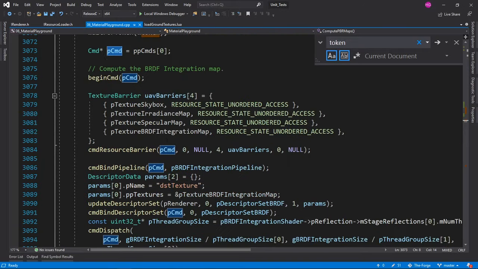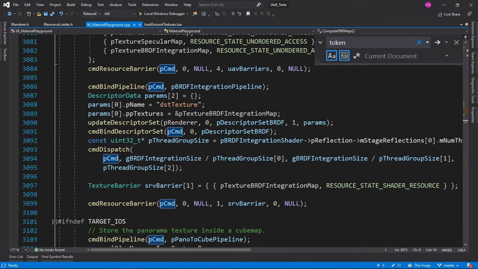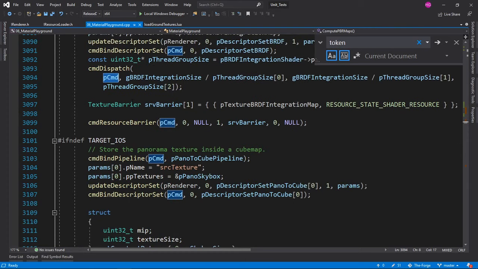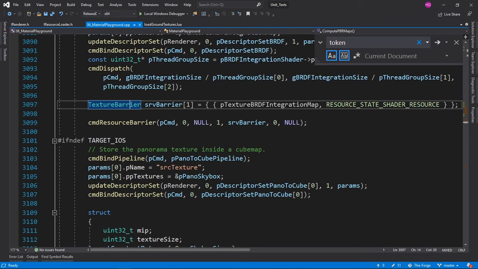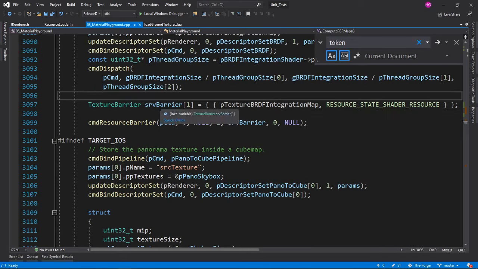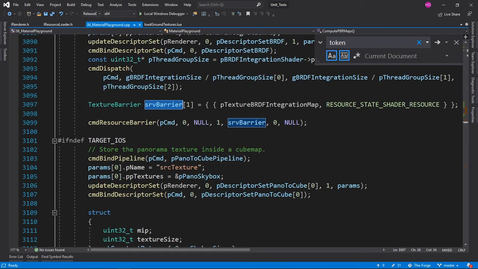So this could be what these commands are. I could be wrong as well, but this is dispatching commands. And texture barriers is probably describing how these commands are used.